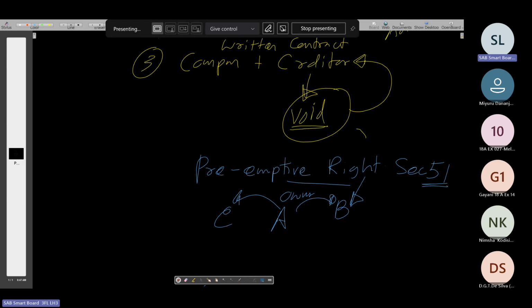Now section 51 says that when the company is going to issue shares which are of above or equal voting and distribution rights,